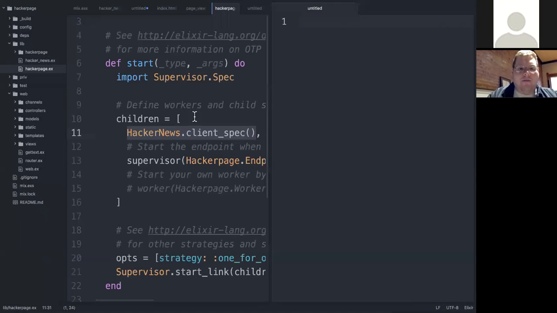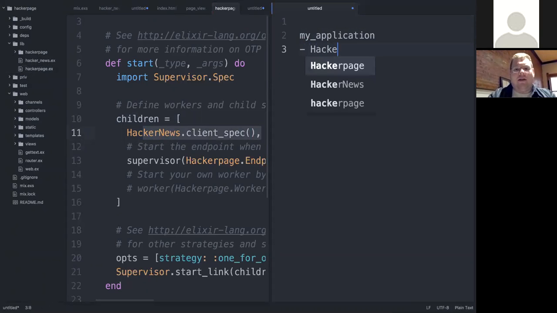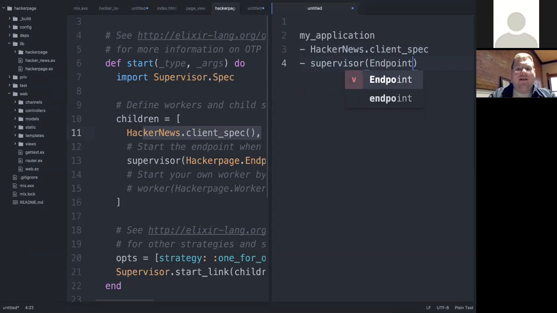And let's go back here. So I have my application as something running at the root. And I just specified that there are 2 children here: the hacker client spec, and this supervisor of an endpoint. Okay? Now, inside of my library,